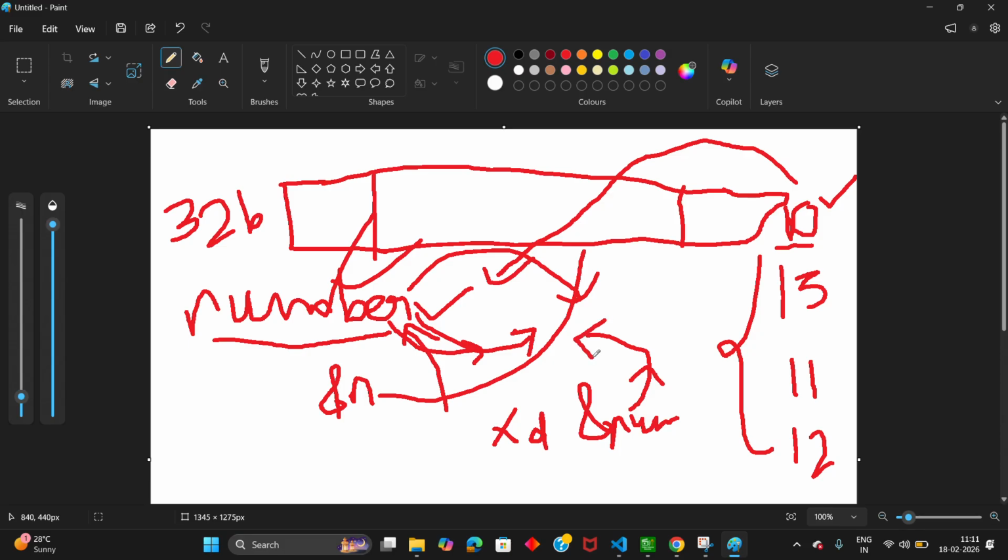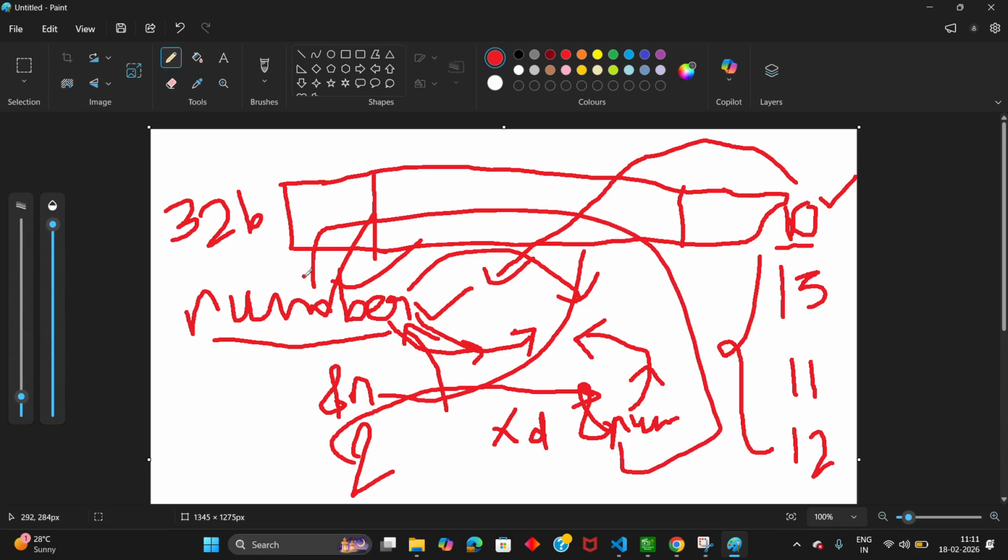Whenever you enter a number in the console, for example, whenever I enter the number 2 and press enter, this number 2 will be stored at &number. What is &number here? It is the memory location of the number, right? The number itself is not the memory location.